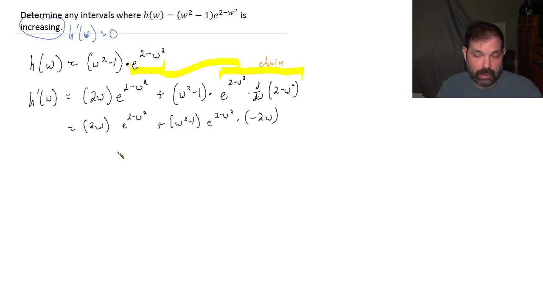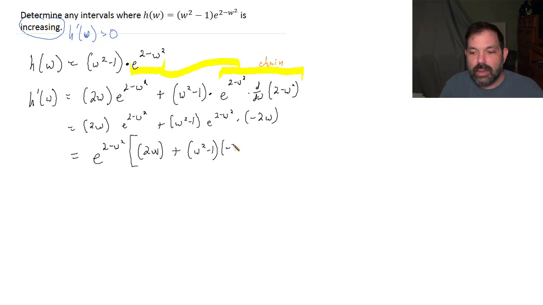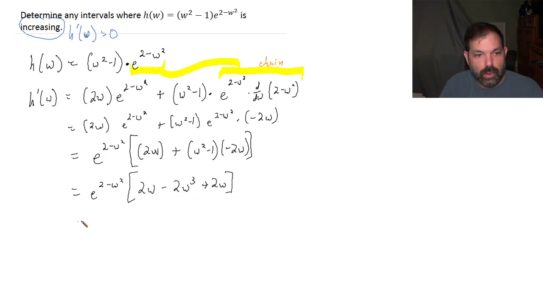All right, so notice something, if we're thinking ahead and remembering that I'm going to want to find where this is equal to 0, so then I can find where it's positive. Notice that I have a common factor of e to the 2 minus w squared. So let's factor that out. e to the 2 minus w squared, and that's being multiplied by, in the first term, 2w, and in the second term I have w squared minus 1 by negative 2w. So that's e to the 2 minus w squared times 2w minus 2w cubed plus 2w. So that's e to the 2 minus w squared. And hey, notice that I can factor out a 2w,